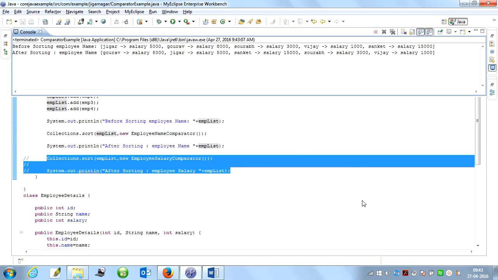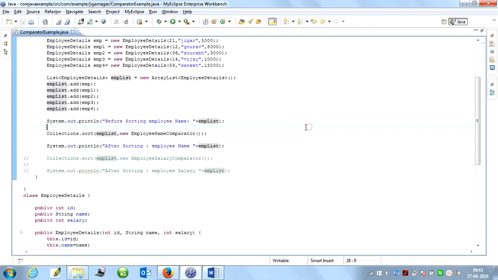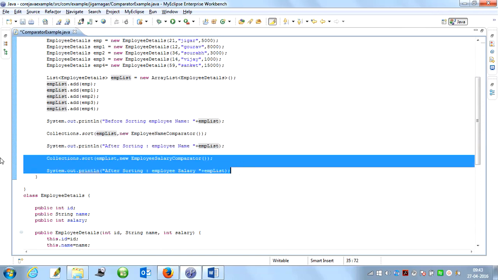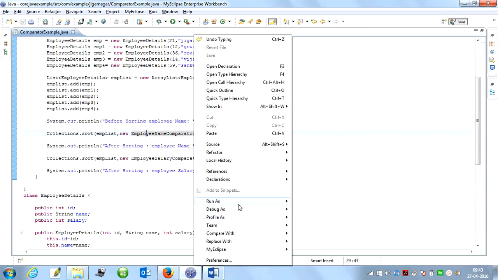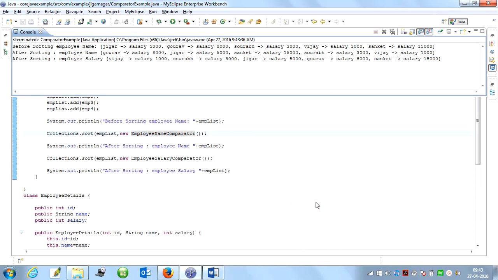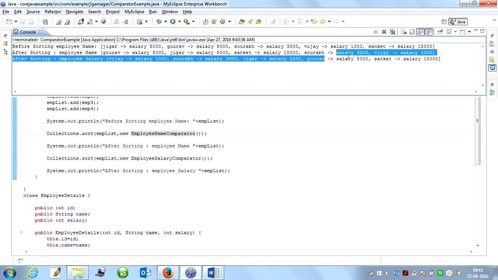Now you can see that this is our unsorted data, and now it is sorting the data for us alphabetically on the basis of the employee name. Again, now I would like to sort the data on the basis of employee salary. Let's see how it works. Now you can see it is sorting the data on the basis of the salary.